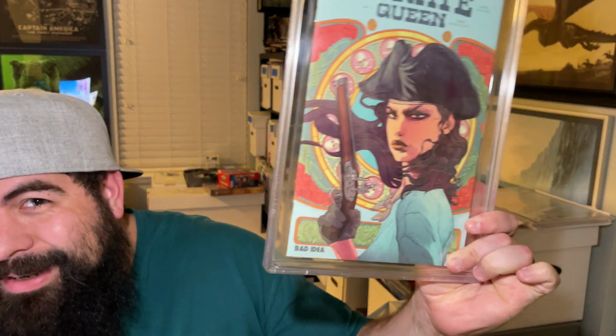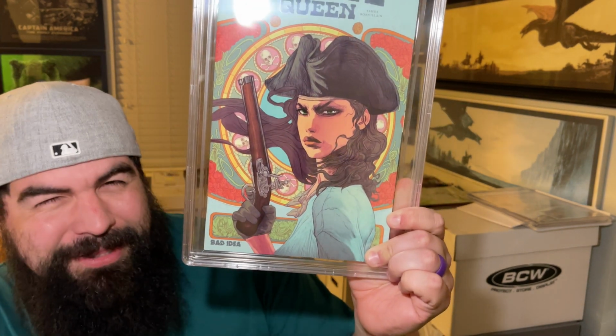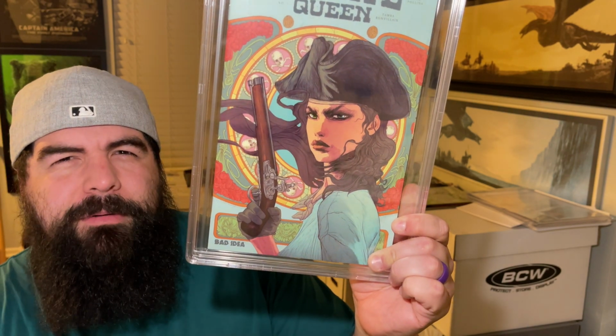Next up, we have a Bad Idea book. I can't remember if it was Monster Squad or the Pirate Queen. But let's see which one we got. The Bad Idea books have the thickest and best cardstock and paper quality I've ever seen on a book. So, let me see how this one goes. Like I said, I've gotten a couple, mostly 9-8s. I think there was one other 9-9. Like I said, it looked really clean. Let's see what we did. And we got a...